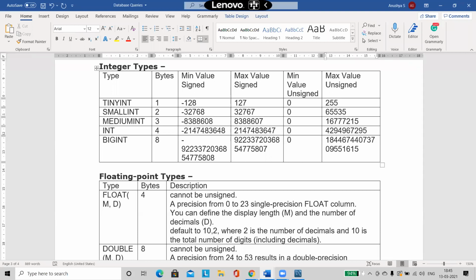Not at all possible. So according to my requirement, I will choose the type of data, whether this much is enough or whether it is going to be something very large. Say, for example, I want to do some calculation, such as how much distance it is to travel from here to Mars, some scientific things I want to store. Then definitely it requires a very big number.